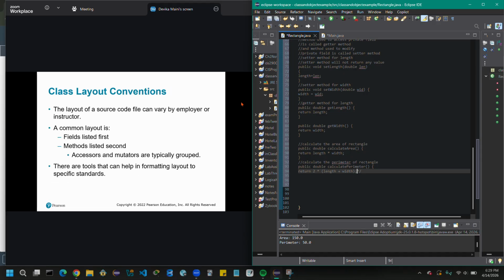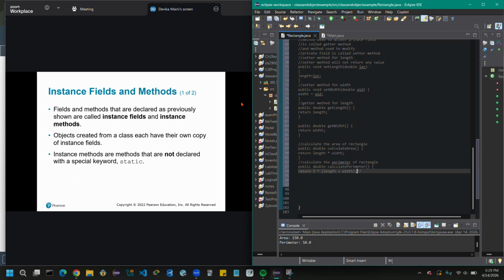The layout of the source code file can vary by employer or instructor. The common layout is fields first, then methods, with accessors and mutators grouped together. There are tools that help format the layout to specific standards.